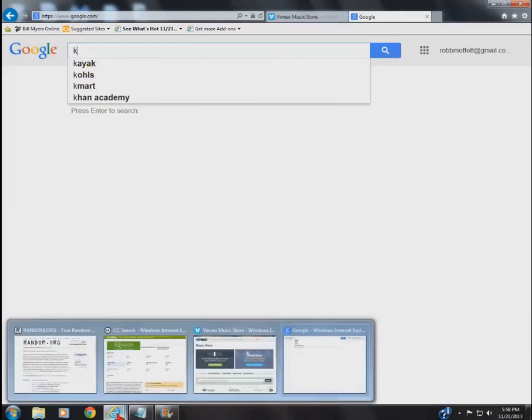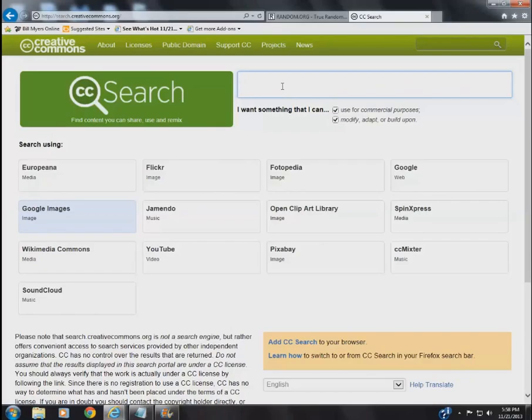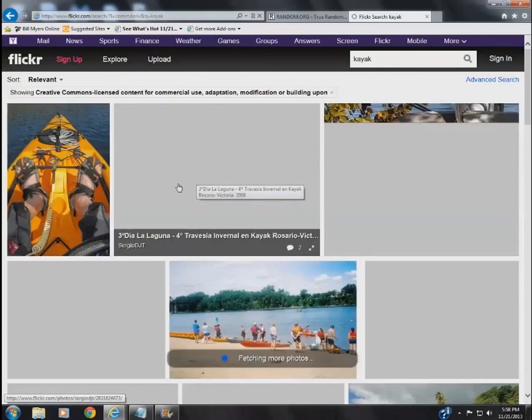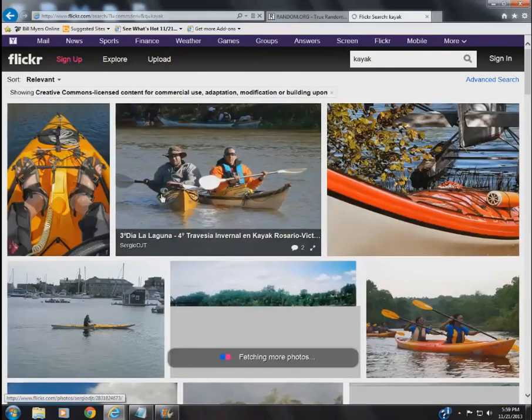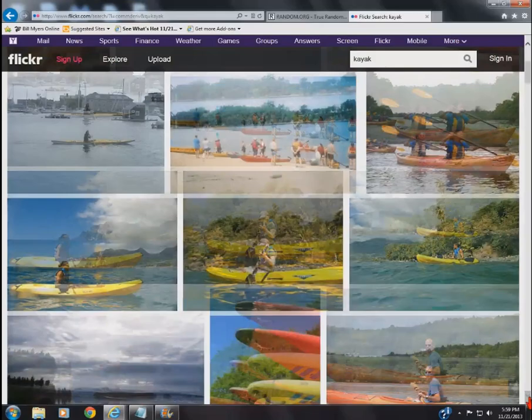So now let's go to Search Creative Commons, where we can get all of our video material for free. We don't have to pay for it. Now we'll check on Flickr and see what photos they have. Notice I want to use something for commercial purpose or modify or adapt. So with attribution, you can use these photographs in your video if you use the rights setter with the video. Okay. So these are all photographs we could use in our slideshow.